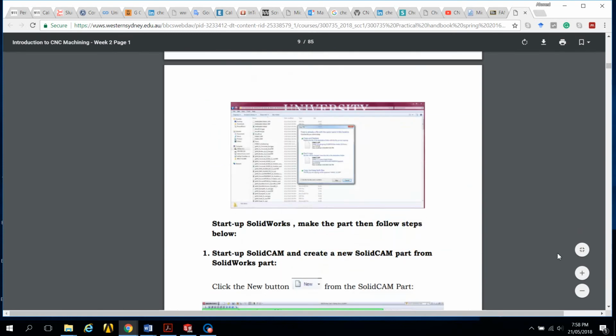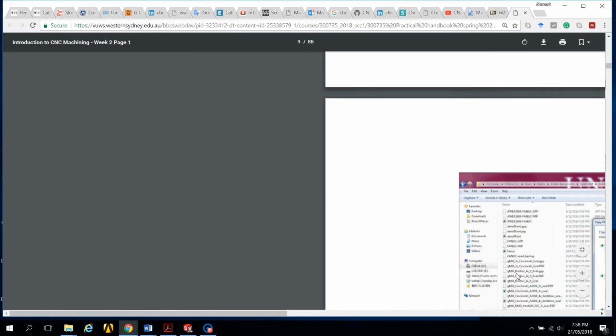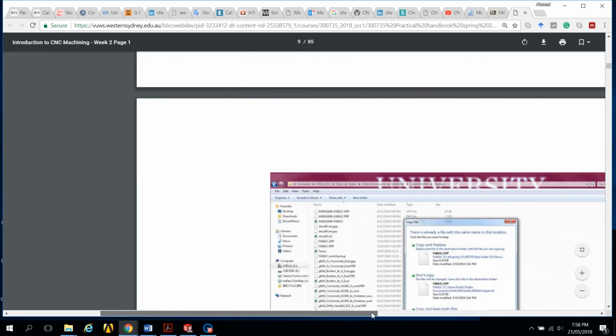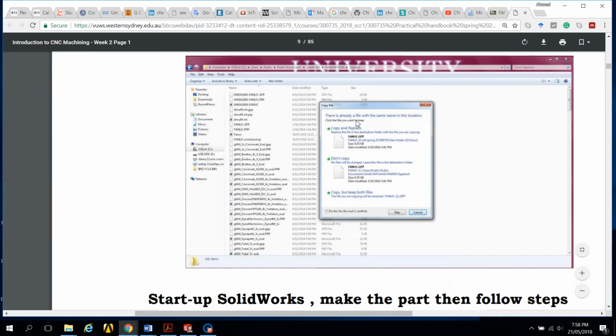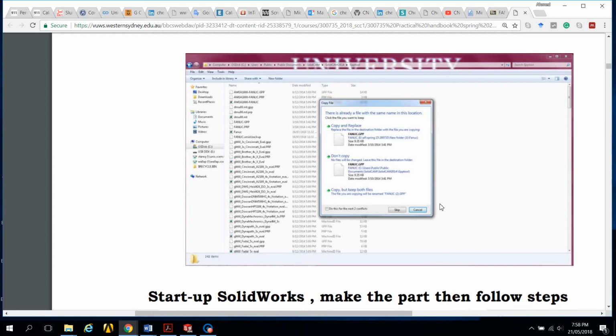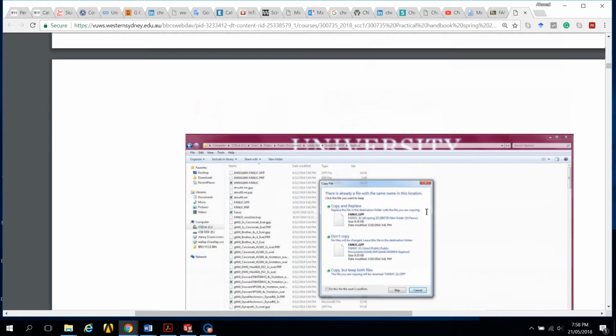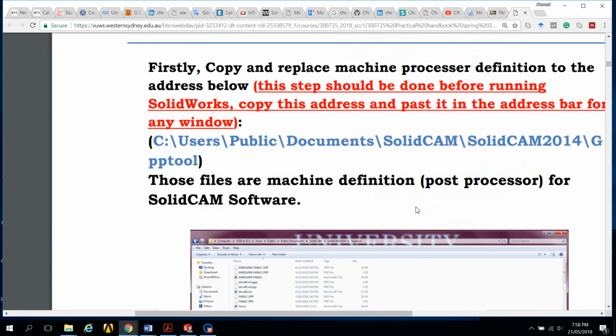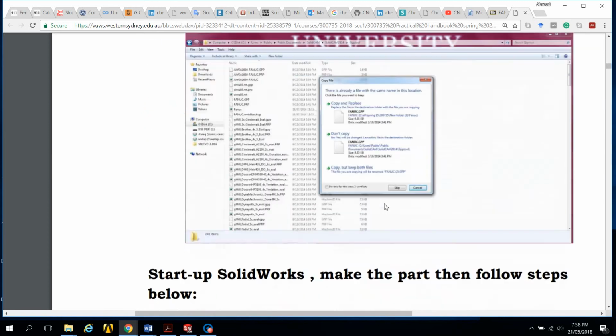You'll get a message asking you what to do. It will say there's already a file with the same name in this location. I think you have to choose copy and replace. Okay, so these are the post processor files. This will enable you, when you are going to use the machine in SolidCAM,